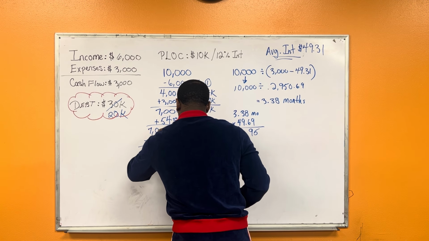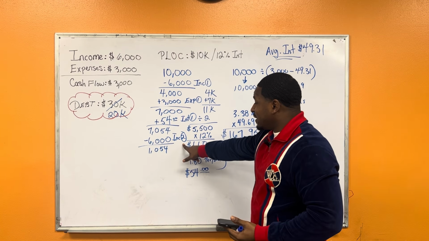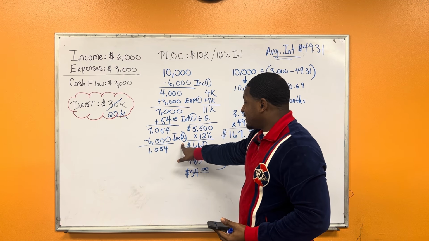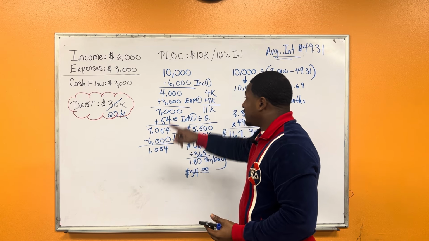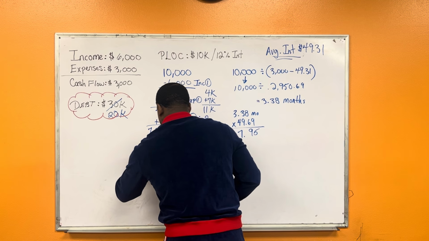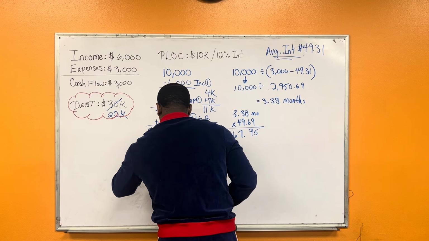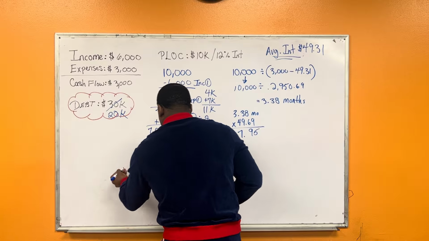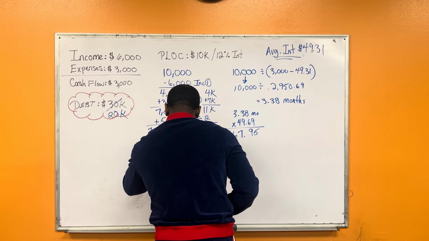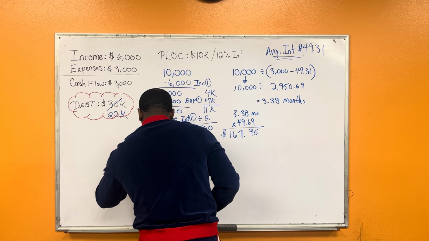So that's income for month number 2. Now you here. So now you got to pay your expenses, right? Which is 3,000, your expenses for month number 2. Now you're at